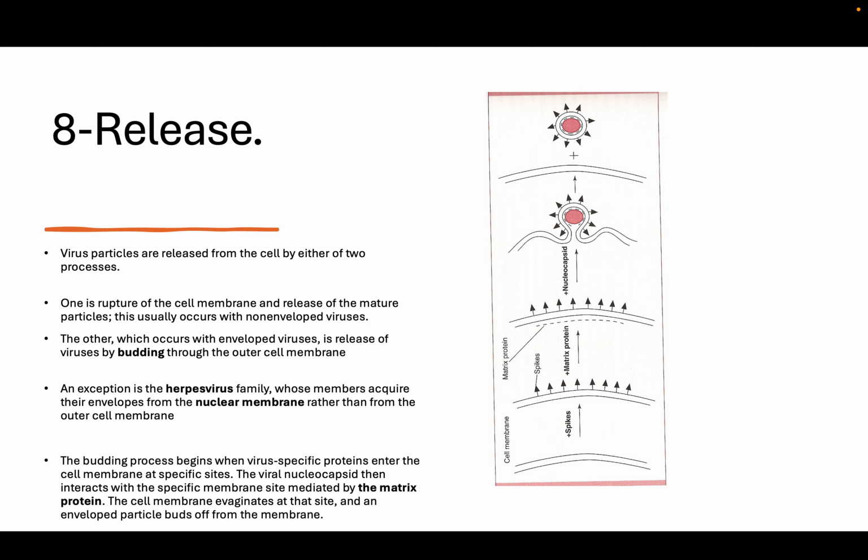They're rupturing the cell membrane, which is then basically kind of vomiting out the newly formed viruses. The other one is called budding. In budding, what happens in general is you have the glycoproteins of the virus. They go into the membrane of the cell, and then the matrix protein comes in and interacts with